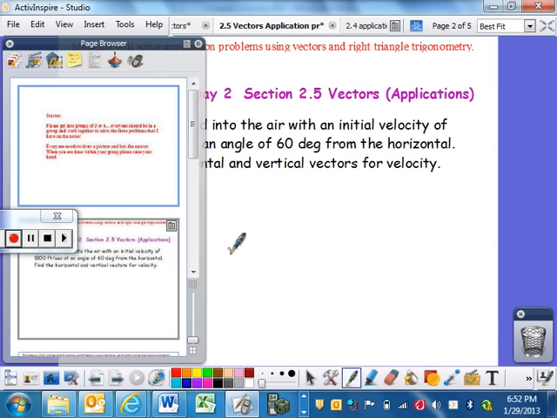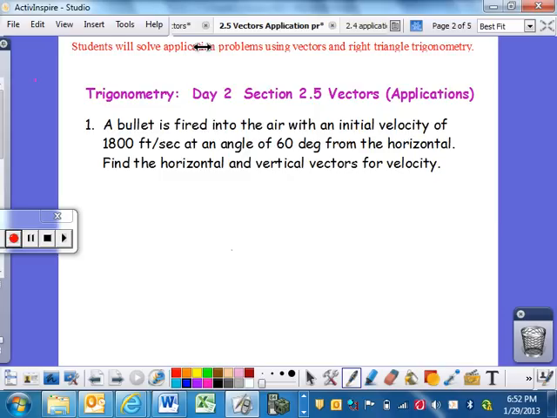Okay, this is the 2.5 day tube notes. Now, most of you have done this in class and probably won't read this, but for those of you that have been gone, here's just a way for you to see me work through it if you need it. So, if I have a bullet that's fired into the air with an initial velocity of 1,800 feet per second